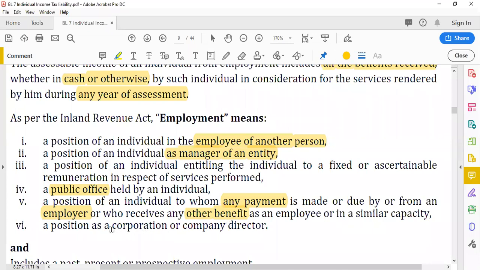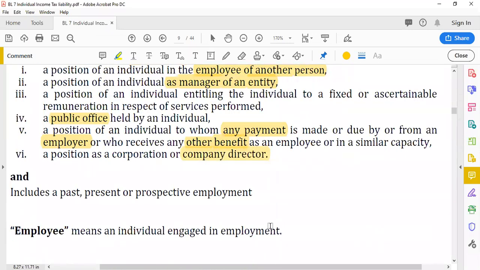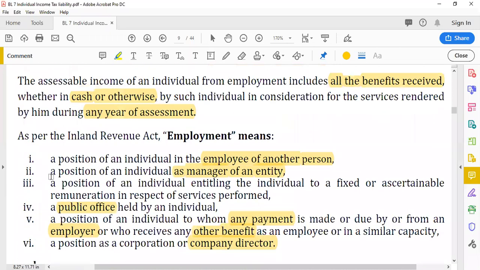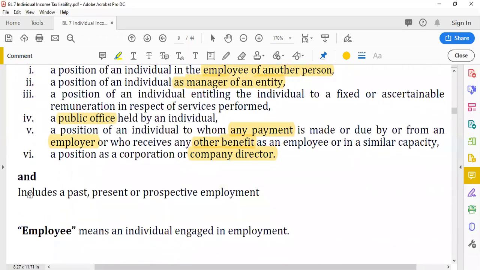A position as a corporation or company director. A company director is also an employee. And employee means these six criteria, and includes a past